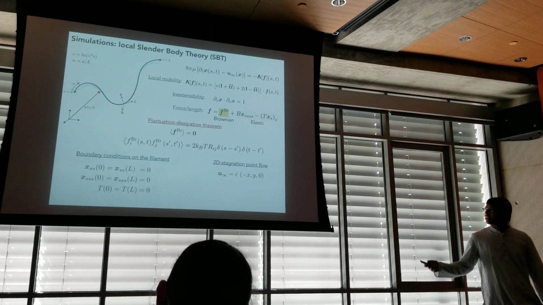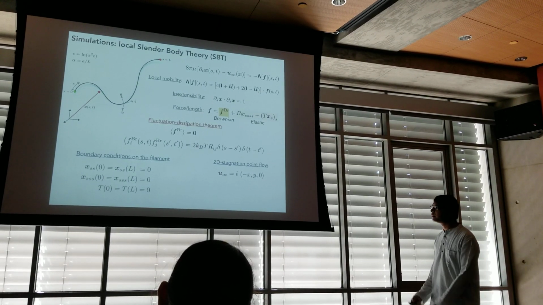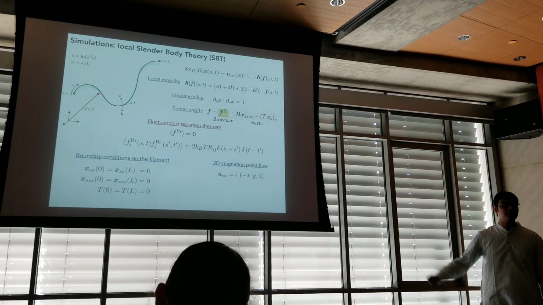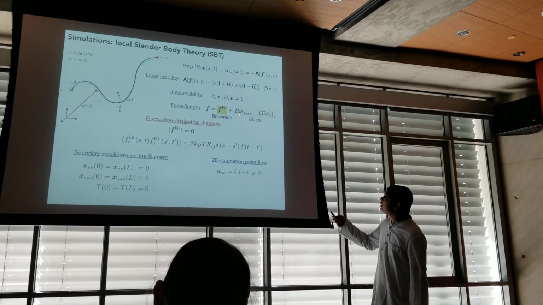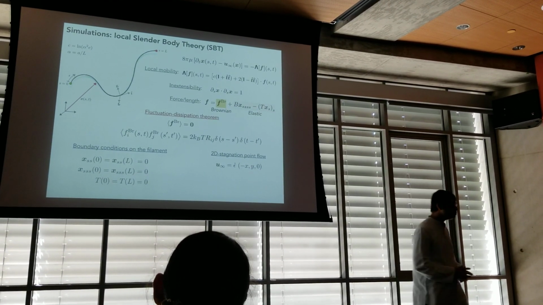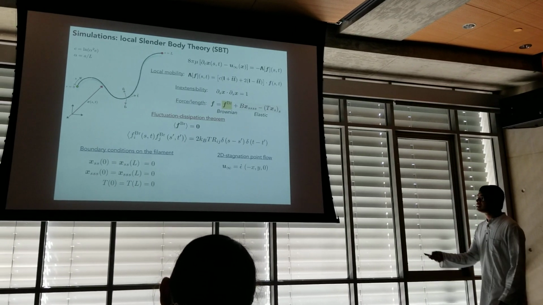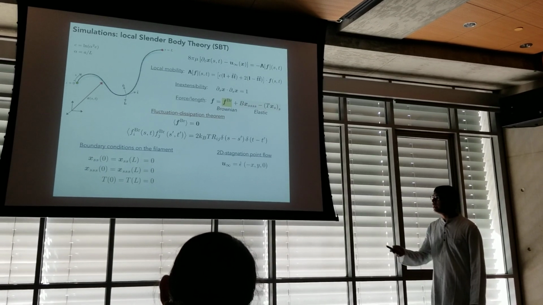I won't go into the details of how to model Brownian forces, but they essentially obey the fluctuation dissipation theorem of statistical mechanics, and the problem is accompanied by force and moment boundary conditions at the ends of the filament. Okay, for the background velocity, U infinity, we actually choose to do something very simple. We neglected this complicated hyperbolic geometry that I showed you in the experiments, and just approximated it as a simple two-dimensional planar stagnation point flow field where epsilon dot is the compression rate.